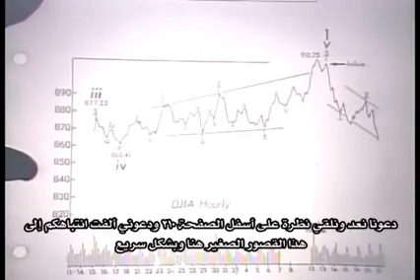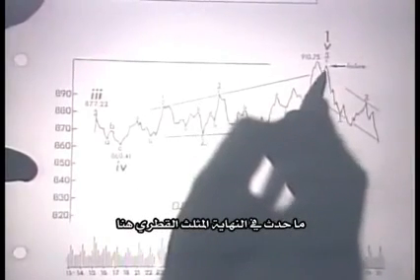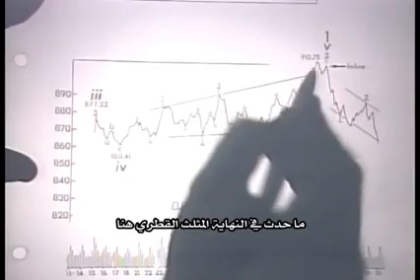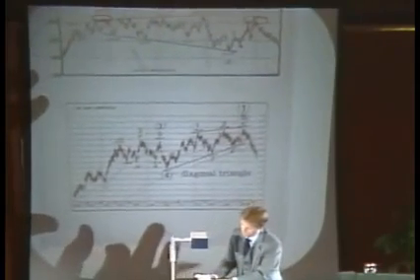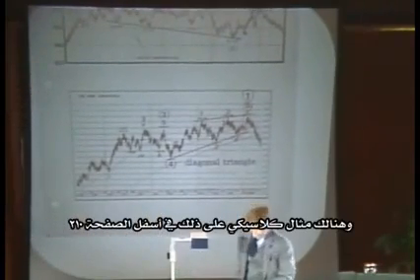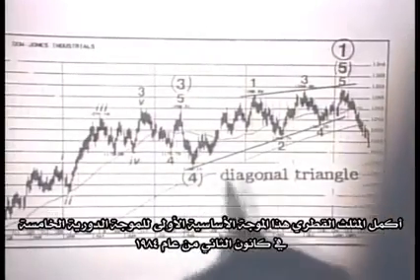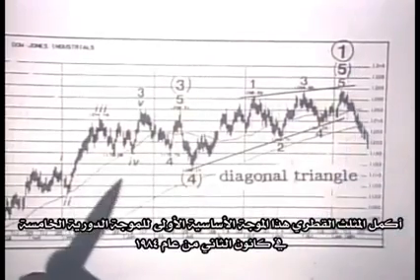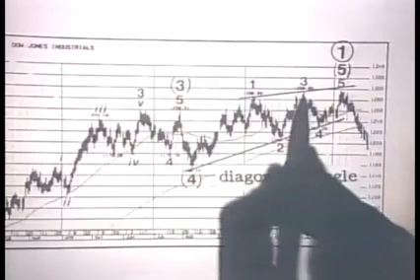Now let's go back and take a look at the bottom of page 210. Let me just point out very quickly this little failure here that occurred at the end of this diagonal triangle. That can be a very powerful combination. And here's a classic example of it, the bottom of page 210. Here's a diagonal triangle that completed primary wave 1 of cycle wave 5 back in January of 1984. But within the triangle, wave 5 failed to move above the end of wave 3.